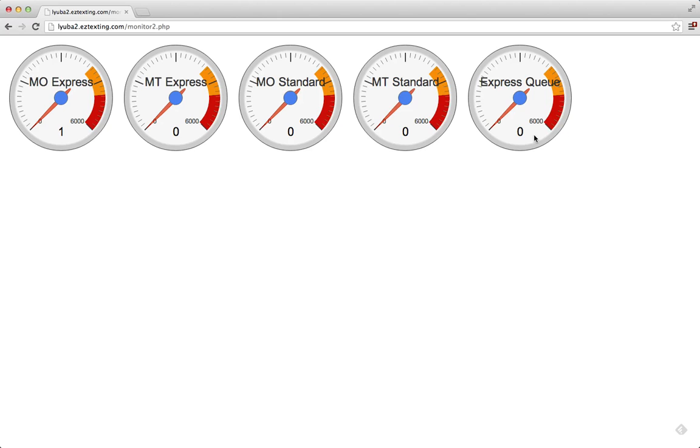I used the Google Visualization Library to do this. I have a script to send data from the server, or JavaScript, to this window, and we can add as many monitors as we want.